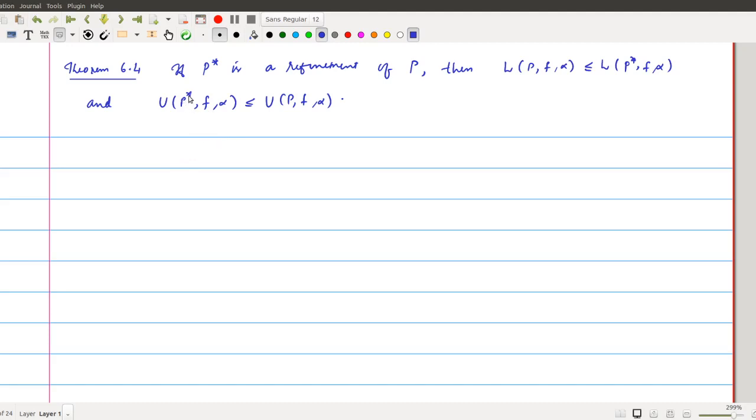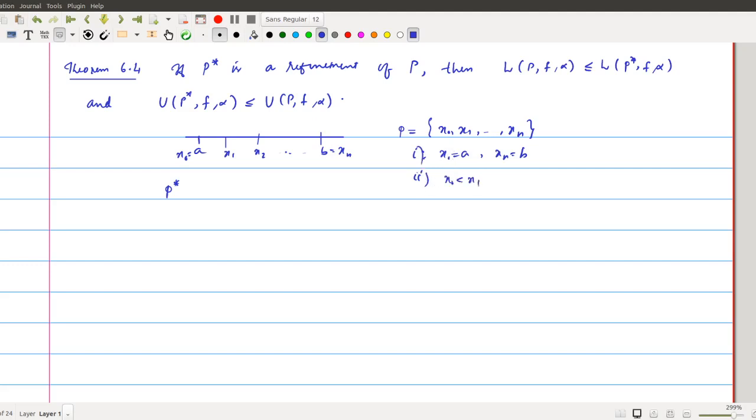First of all, we define what a refinement is. If we have a partition like this, this is our interval AB, and we have a partition x1, x2 and so on. Finally we have xn, and this is our x0. So if this is the partition P, the refinement means P star is a superset of this P. In fact, P is a set x0, x1, etc., xn with these properties. The partition should have two properties. The first property is x0 will be A, and xn will be B,